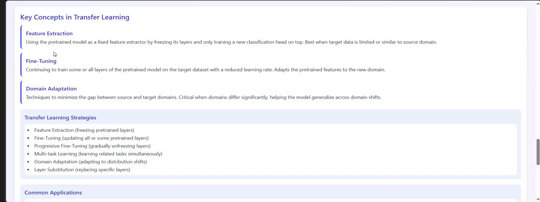We will start with feature extraction. The basic idea here is that we freeze the pre-trained model and just use it to generate features from the new data. Then we only train the new layers we have added, usually a classification head. This works well when the target dataset is small or visually close to the source domain. We are not changing the base model at all, we are just using it as a ready-made tool to get